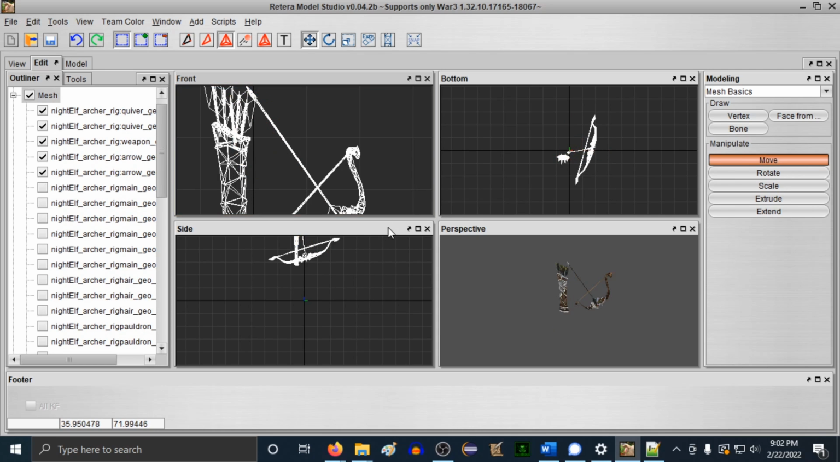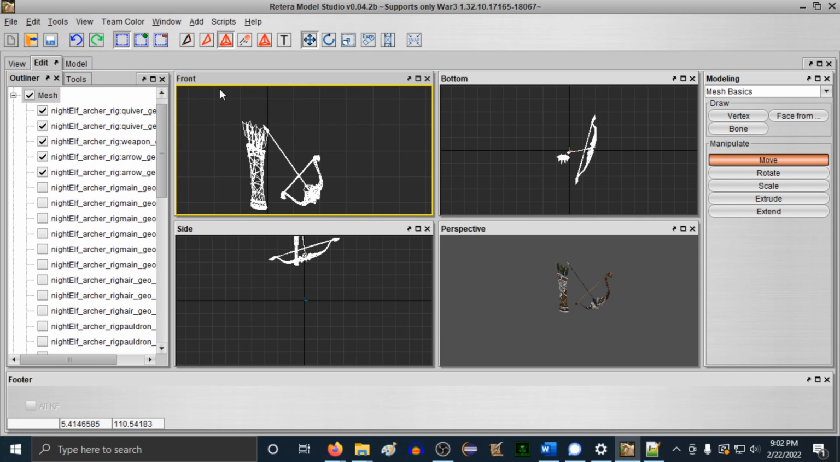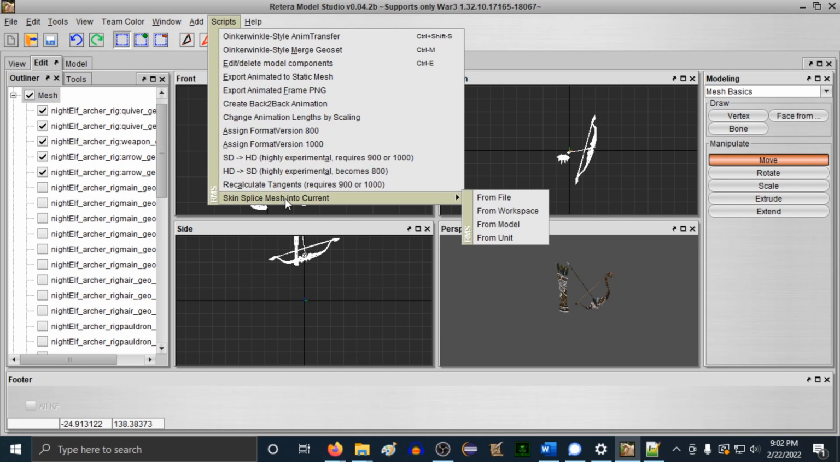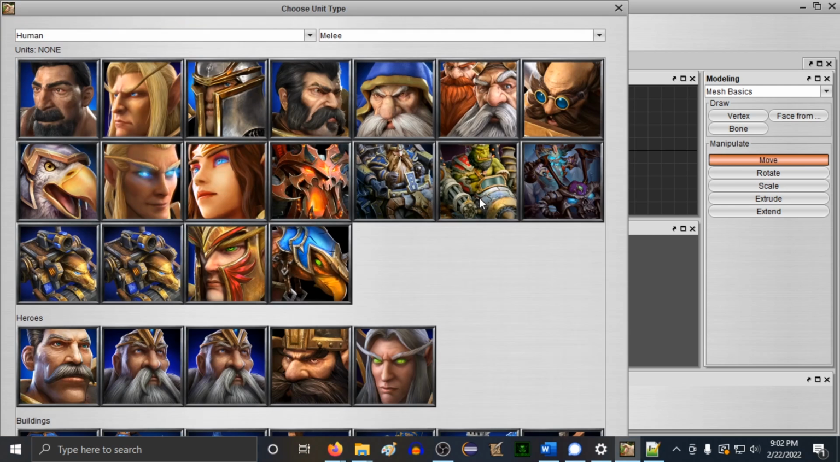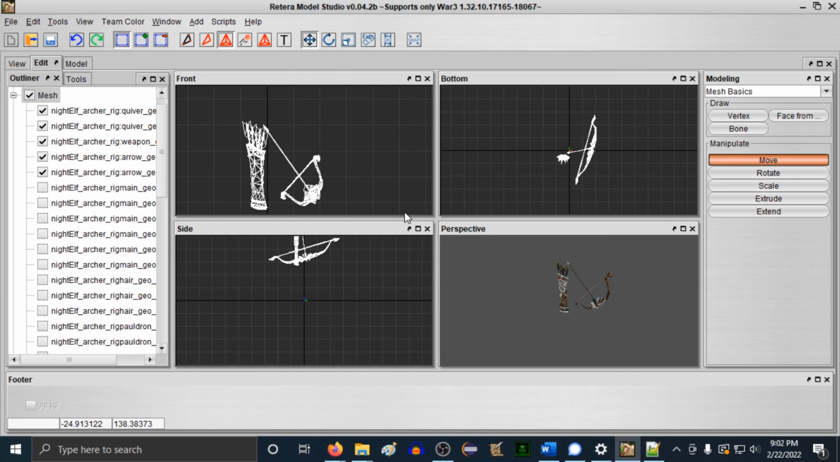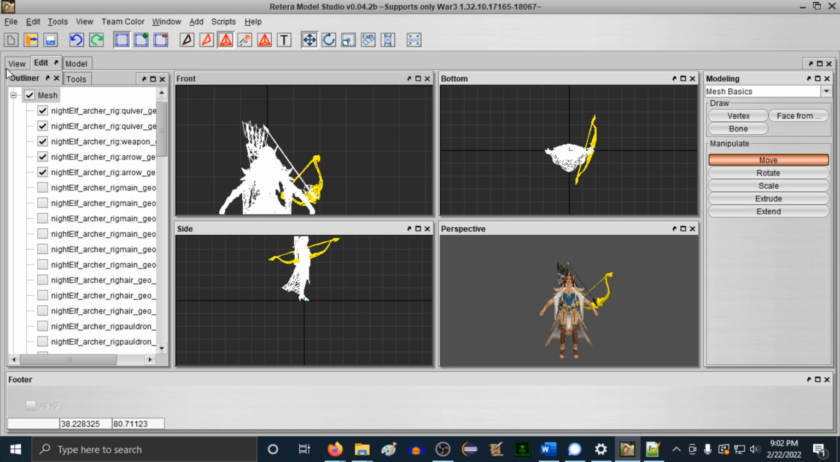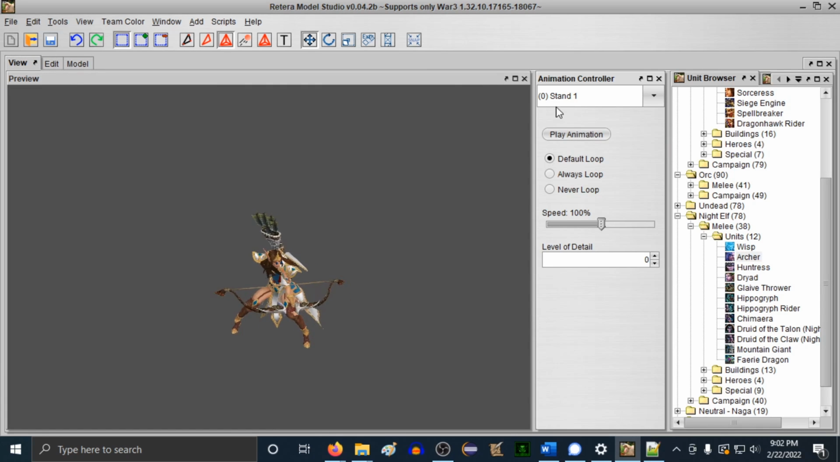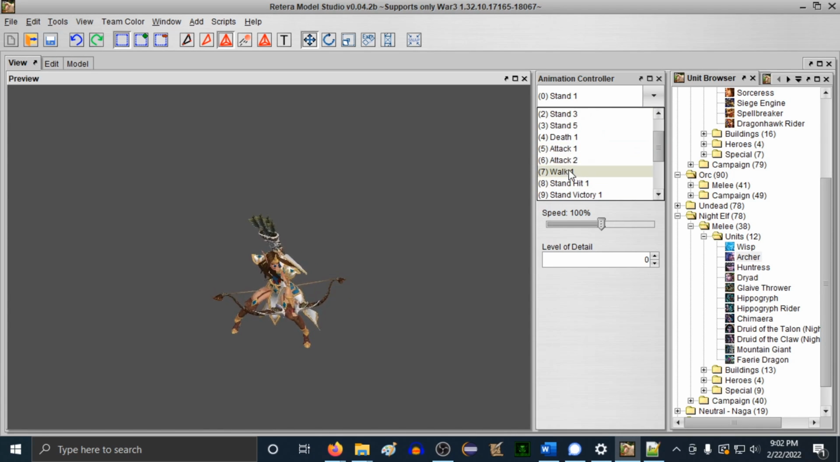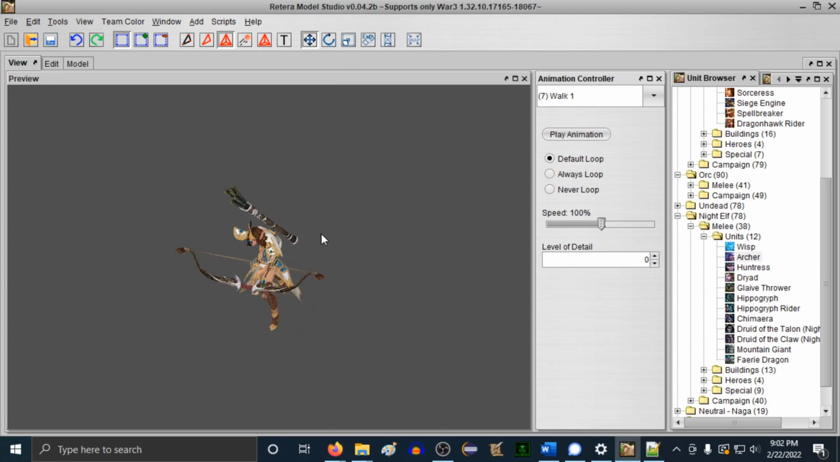In this case, if I just select everything and delete it, except the quiver and the bow, you can just go to Script, Skin Splice and say, we're going to splice in, how about the sorceress right there? I'll push OK, and it'll drop in the sorceress, and you'll see now I have the sorceress trying to act like a night elf archer. And sometimes some portions of the model might not import exactly correctly. You can see there are some elements here that I should probably tweak,